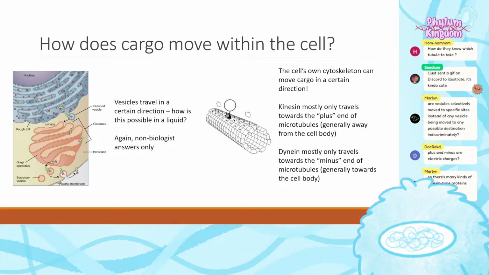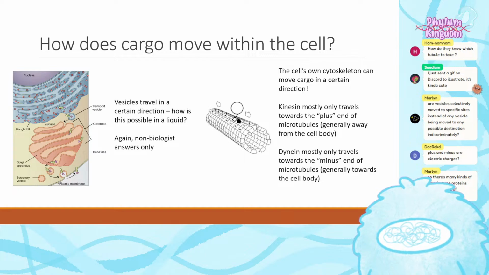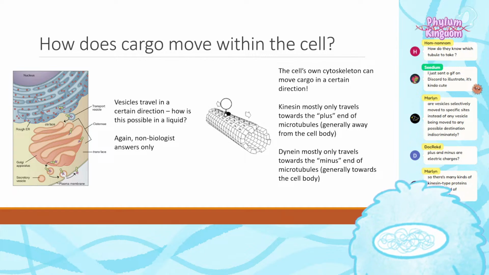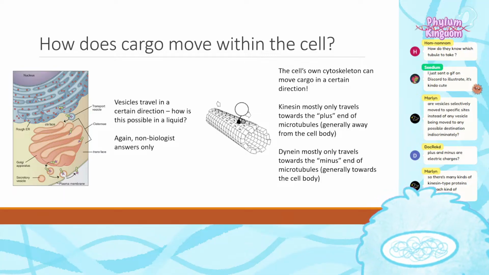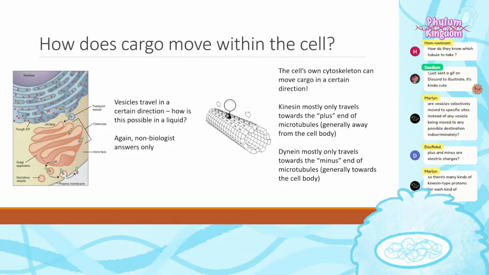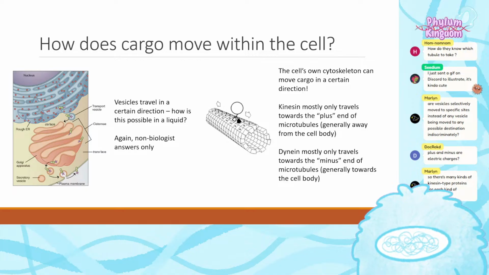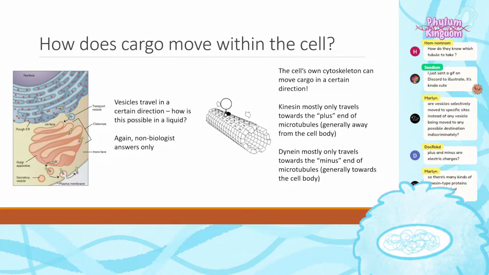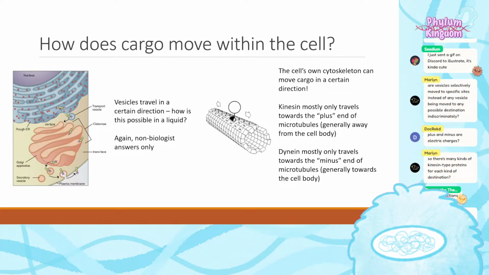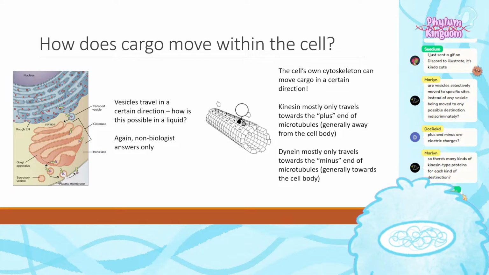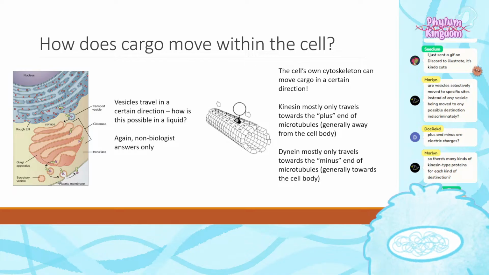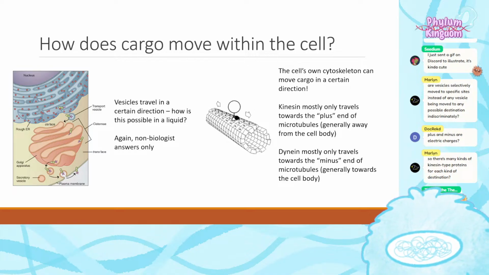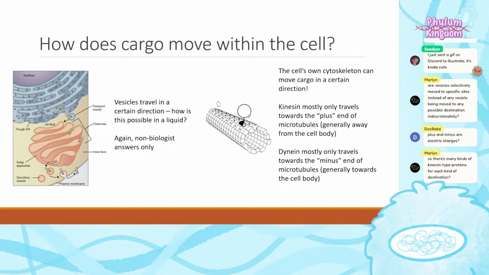So there are that many kinds of kinesin type proteins for each kind of destination? Not quite. There are a couple of different kinesins and a couple of different dyneins, and again, they each do different things and are active at different times depending on what cellular programs have to be active. I don't remember enough about the specifics of transport to get into it. That's a 102 kind of thing. Excellent question, though. What I want to leave you with is that this takes care of some dimension of protein localization. It is not complete, though. It is a part of the story, but not completely the story.